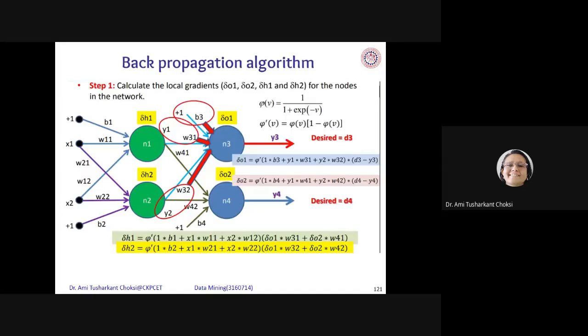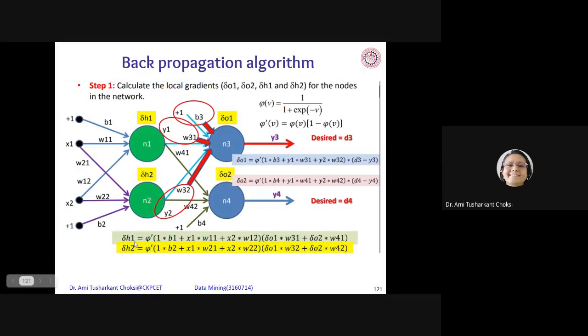Then from here, what is coming is Y1 into W41. This is the line for W41, right? Then after we can say that the output of this is Y2. Y2 into the weight is W42. Here it is there, right? Y2 into W42. Okay. And what is into? That is D4 minus Y4, right? That is the correction which we want to do. Or you can say the difference, right? Okay.